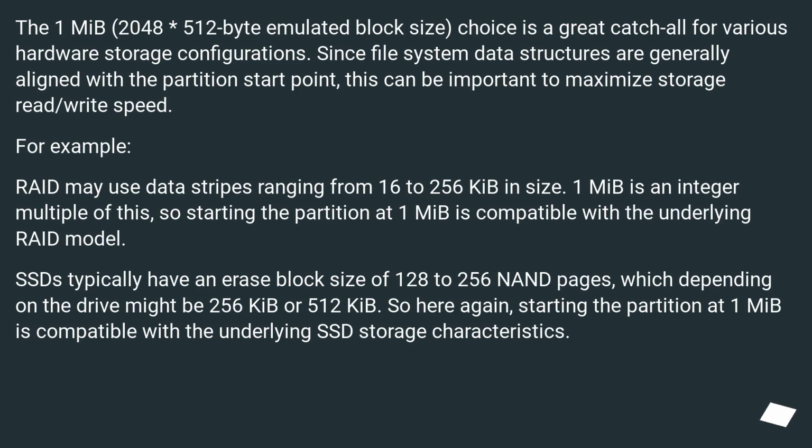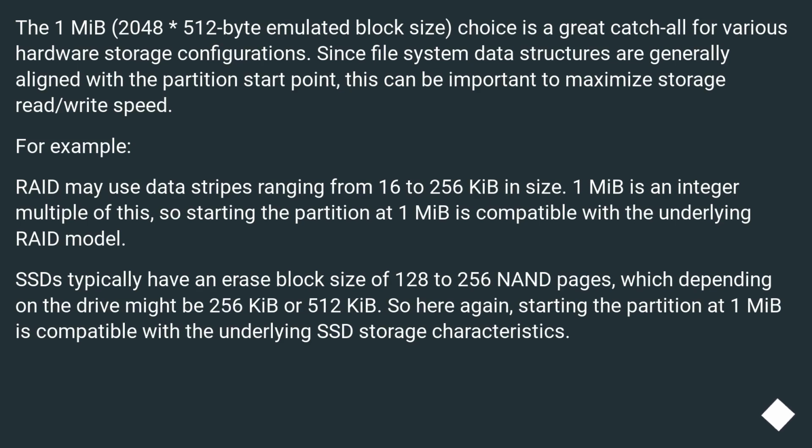The 1 MB, 2048 512-byte emulated block size choice is a great catch-all for various hardware storage configurations. Since file system data structures are generally aligned with the partition start point, this can be important to maximize storage read/write speed. For example, RAID may use data stripes ranging from 16 to 256 KB in size. 1 MB is an integer multiple of this,